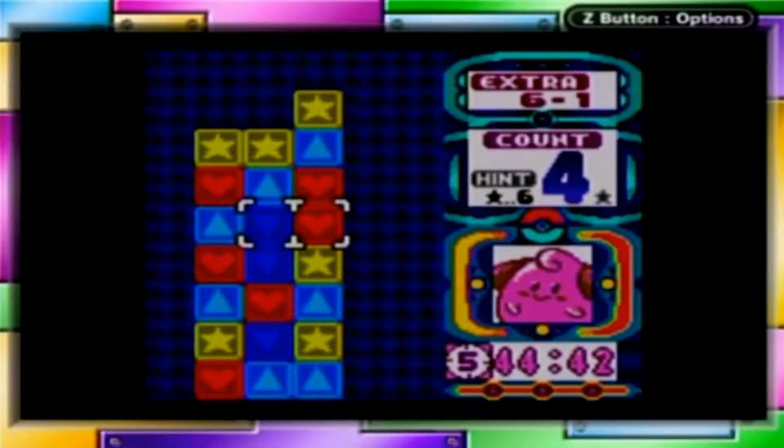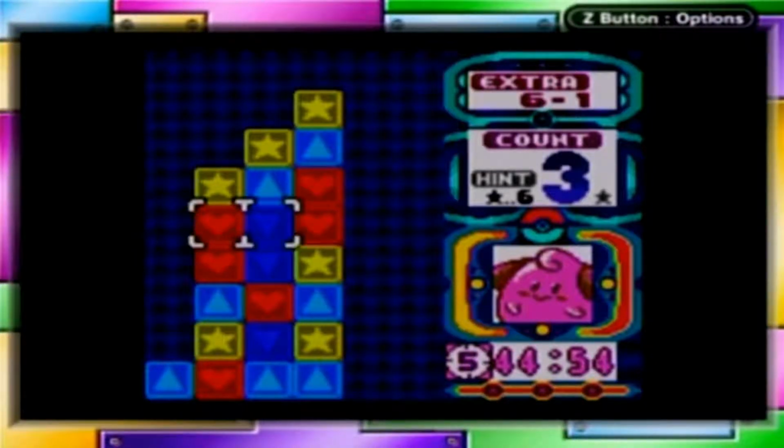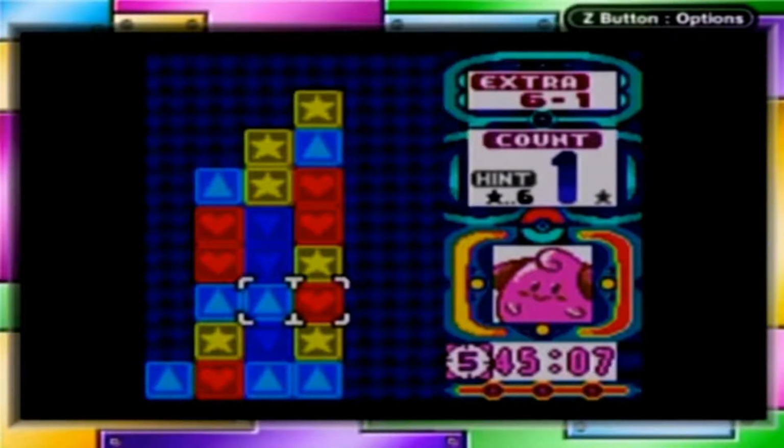Okie dokie artichoke! So the solution for this puzzle is, well, unique, to say the least. So, step 1, we already know what it is. Pull the cyan triangle out to the left. Then, next step I would suggest is go ahead and switch the star and the cyan triangle right here. Come down here where this heart is on the bottom, in between these two cyan triangles. Switch them. And then finally you're going to match the 3 hearts on the right side by pulling the star